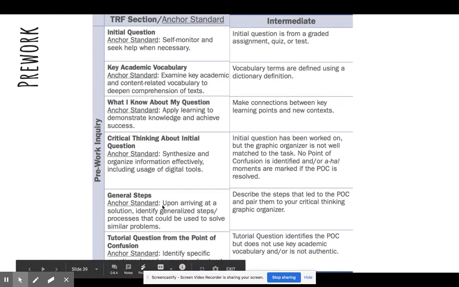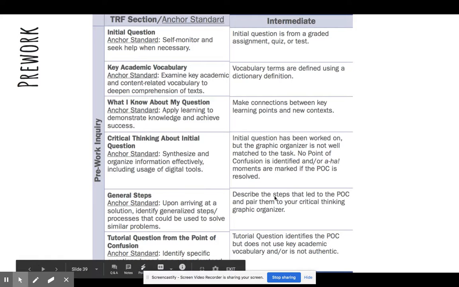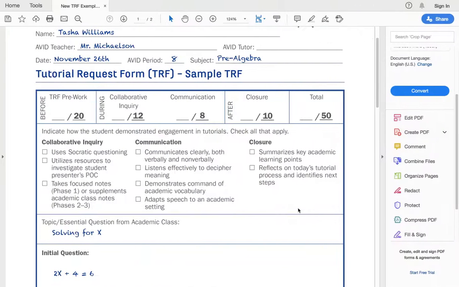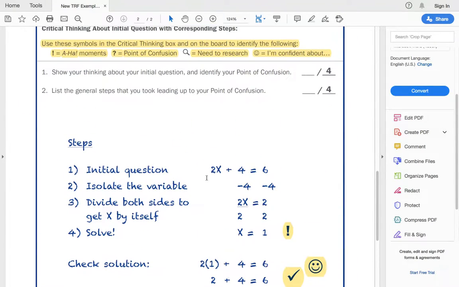Under the general steps section, what I want you to do specifically for the new TRF is describe the steps that led to the POC, and then pair them with your critical thinking. So I'll pull this up and show you what it looks like. In this new section on the TRF, you'll notice that the critical thinking and the steps section have been combined.